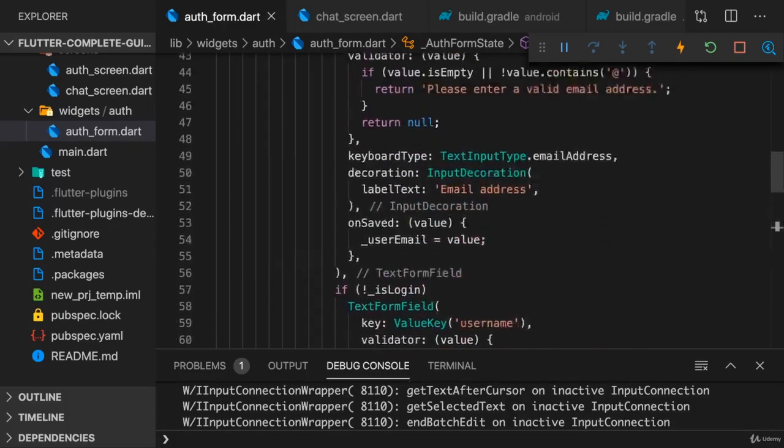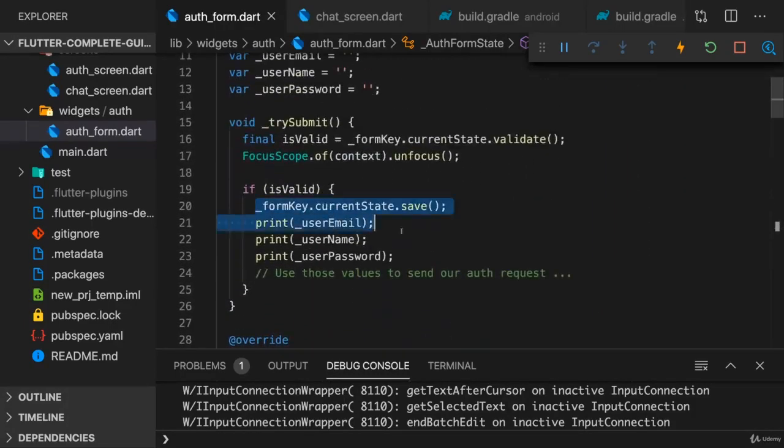So with the form added, let's make sure that we don't just print the inputs, but that we actually create a new user with Firebase. Now, earlier in the course, we used the provider package for managing this state and for sending those HTTP requests. We could do this here, but as you will see throughout this module, we don't really need the provider package here. We don't really need this application-wide state management because Firebase, the Firebase SDKs which we're using, will basically manage